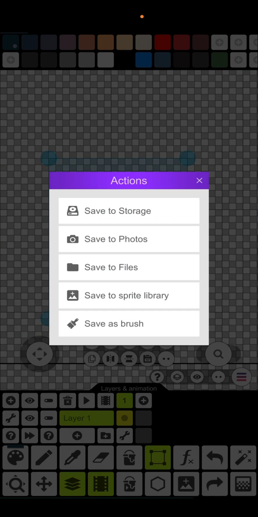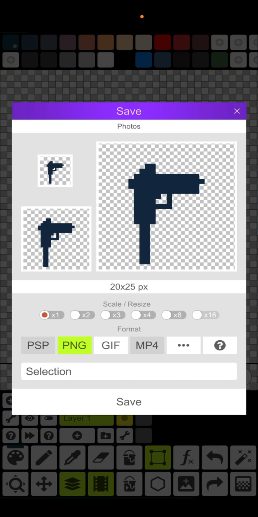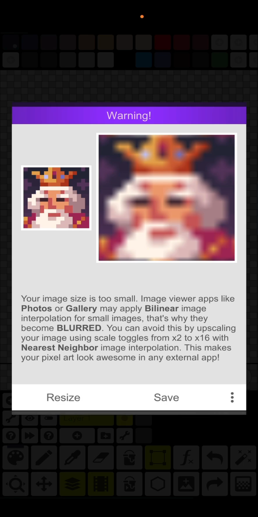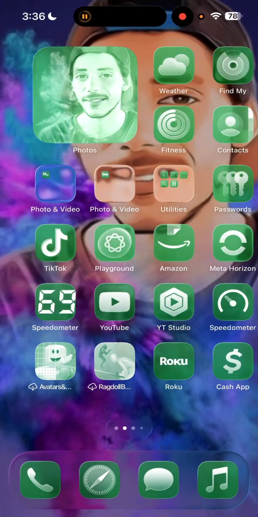Click that. Click save to photos. You want to make sure it's a PNG, and then you save it. And then press save again. Now, once you got it,